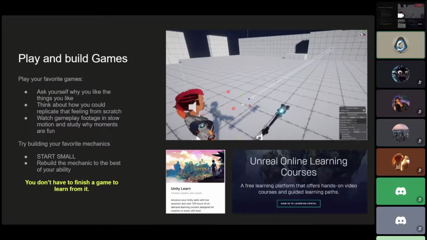So I say start small, in giant letters. Just pick out one very specific thing. In that case, I just wanted the gun to feel good. I didn't care about the AI walking around. I didn't even care if it was fun. I just wanted to replicate the gun. And I learned so much about that. I didn't know that